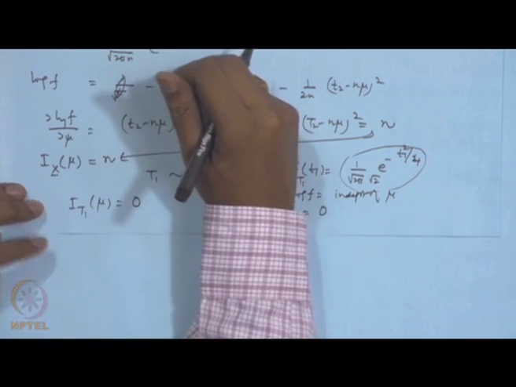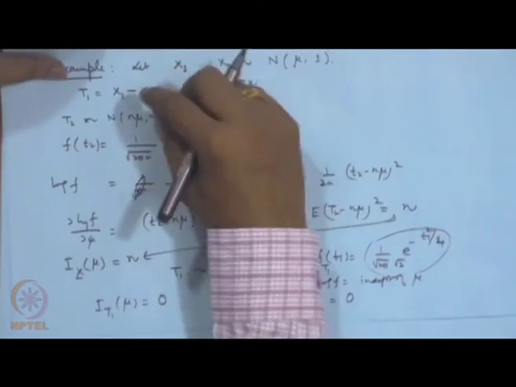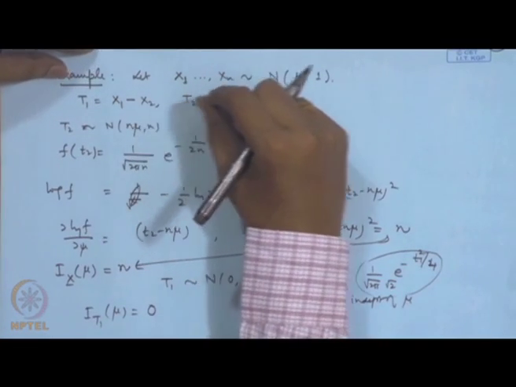Now, we will define this concept a little later. If the information about the parameter is 0 in the statistic, it will be called an ancillary statistic. If the information is full, that means whatever information is in the whole sample is equal, then it is called a sufficient statistic. So, this concept of information is very significant. It actually tells us the kind of statistic that we are considering, and therefore, for what purpose it should be used.